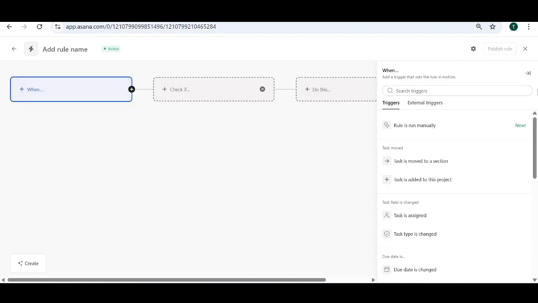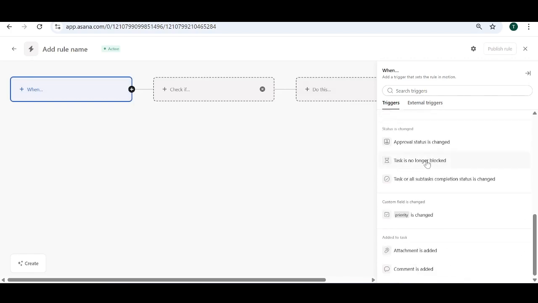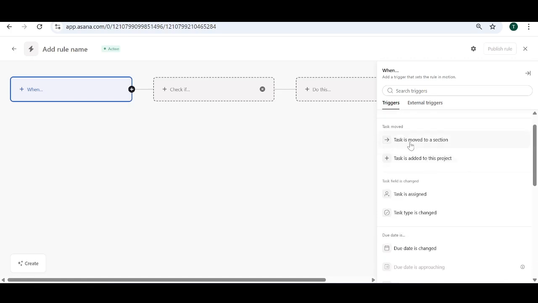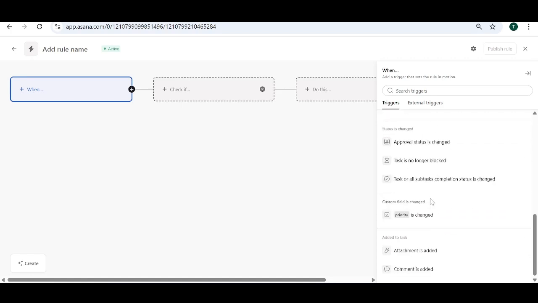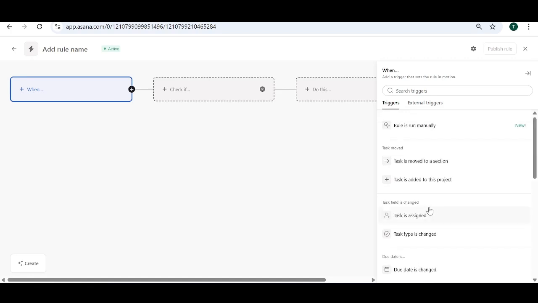You just tap it, and on our right-hand side you see your trigger is here. So over here you have to scroll and look for what you want. Do you want when a task is moved to a section? Do you want when a task is added to this project? You just know what you want, right? So you just have to look for what you want. But for the purpose of this lecture, I'm going to go for something simpler as usual. So you say when task is moved to a section,